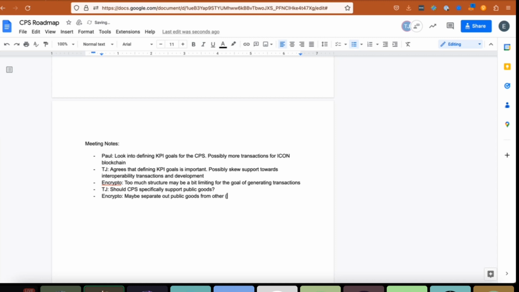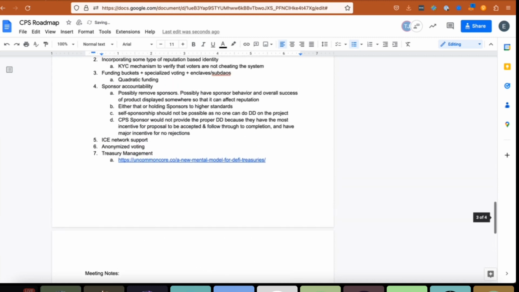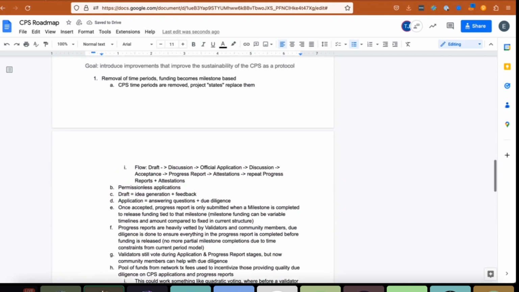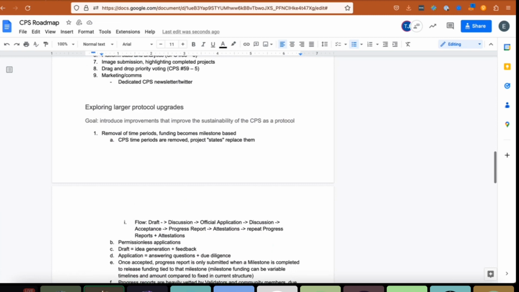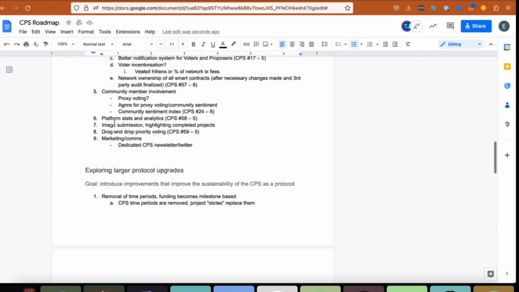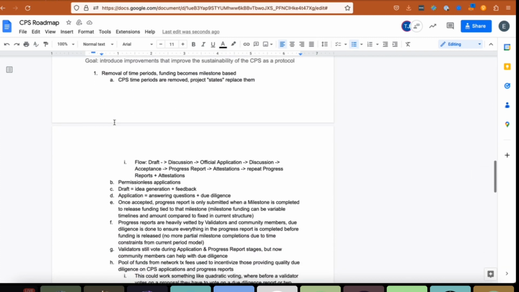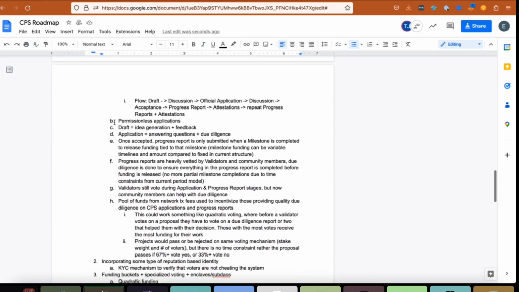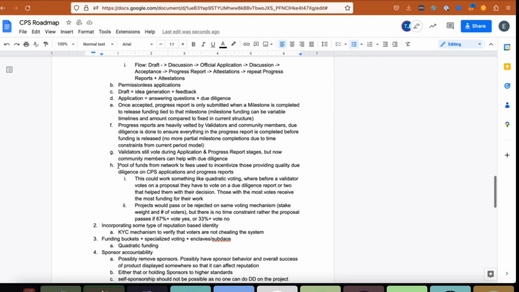If Eric scrolls up a little bit, this is a big document, but one of the ideas for exploring larger protocol upgrades, which has been talked about by some community members, is doing that specific bucketing of the funds in the CPS treasury.